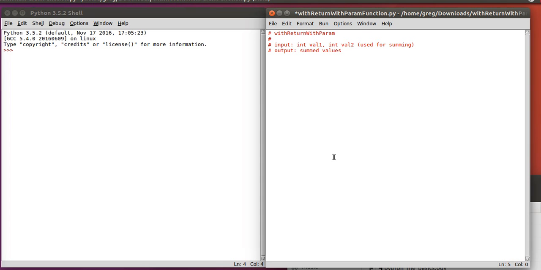Like with previous functions, we're going to define it with the def, use the name up there, so with return with param, we'll do val1 as the input, val2 as the other input, put the colon, and then in here we'll do our sum. So I'm going to have a local variable called summed val, which is going to equal val1 plus val2, and then I'm going to return the summed val. The return value basically says, whatever value after the return keyword is going to be outputted to this function. So then in my main,